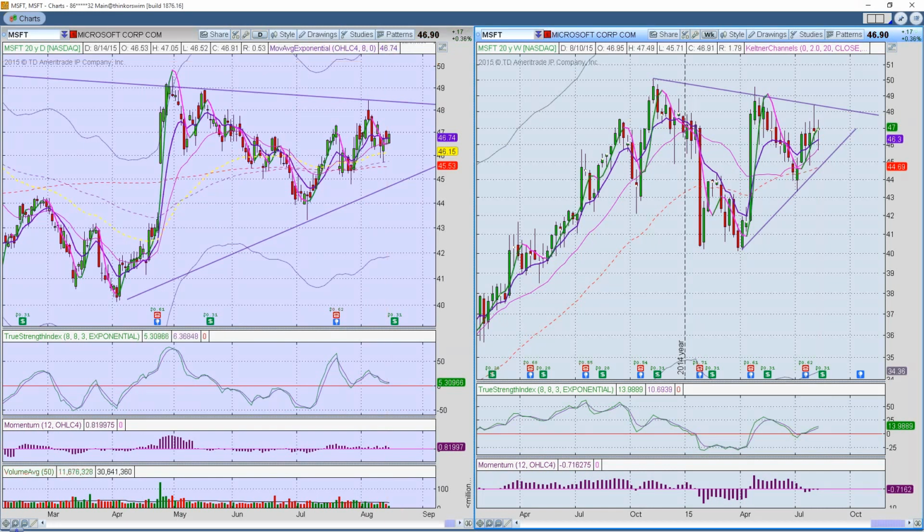And so what I'm looking at with Microsoft is we're getting a bounce here off the 100 with the 0 line on the TSI. The momentum is staying positive, but it's not huge momentum like drove it up over here. And so it may just meander around over here. If it pops up the top, we may be looking at moving to around 50. And so again, I would focus on levels of support and resistance at this particular time with all stocks in the current market environment.